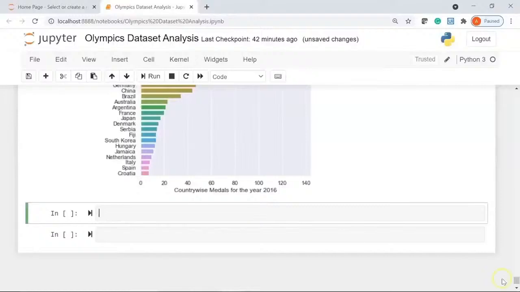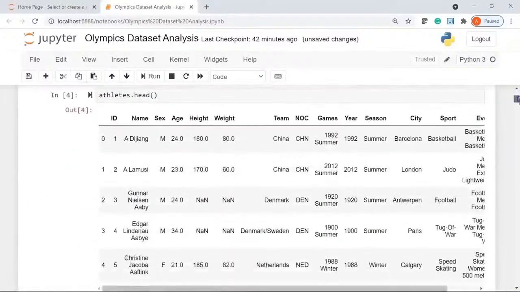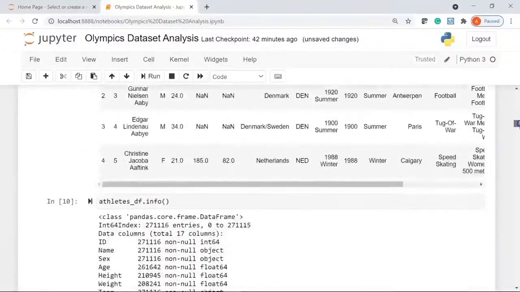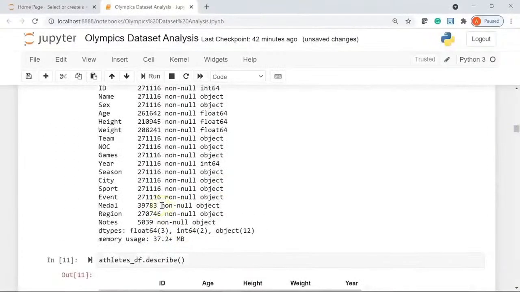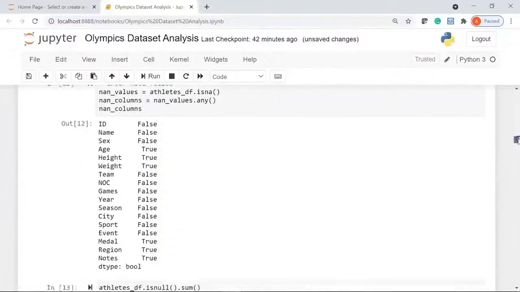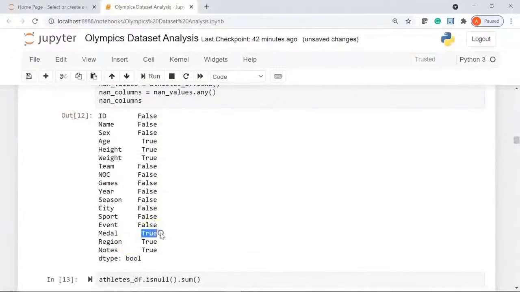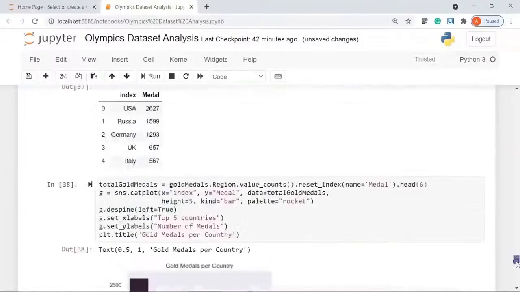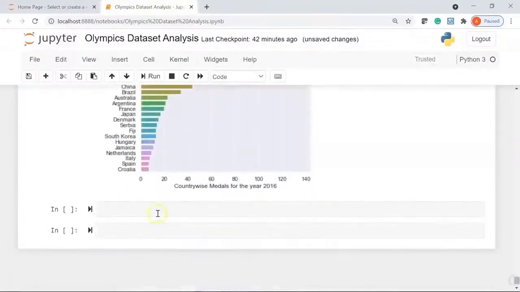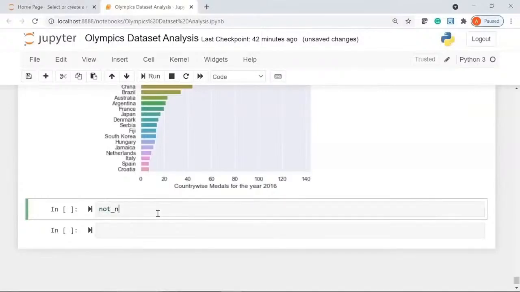Now if you had noticed here, our medals column also had a few null values, so we are not going to consider those null values here. We are only going to consider the athletes who have won a medal. So for that, I'll create a variable called not_null_medals equal to, I'll say